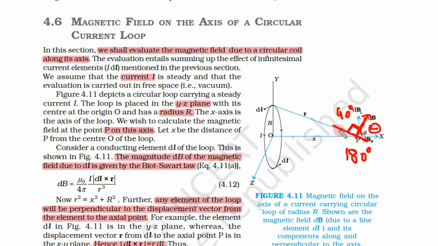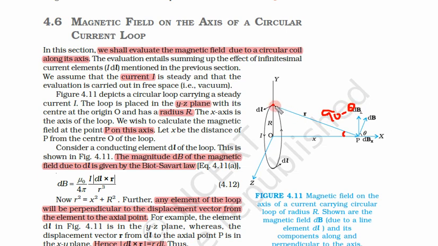This remaining angle is 180 minus 90 minus theta. That means 90 minus theta. So this remaining angle is 90 minus theta, because this is 90, this is theta, this is 90 minus theta. So let me remove this thing. So this angle is 90 minus theta.